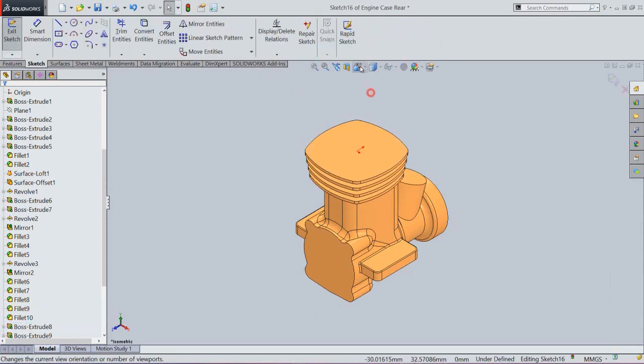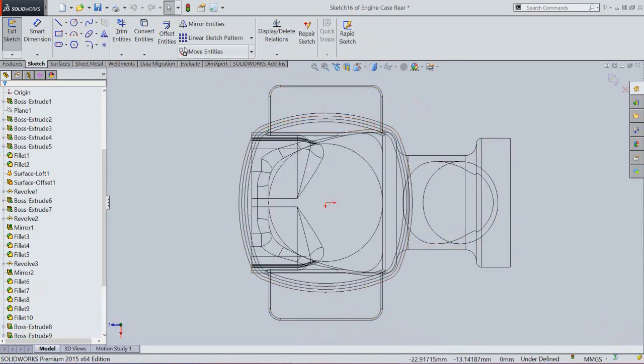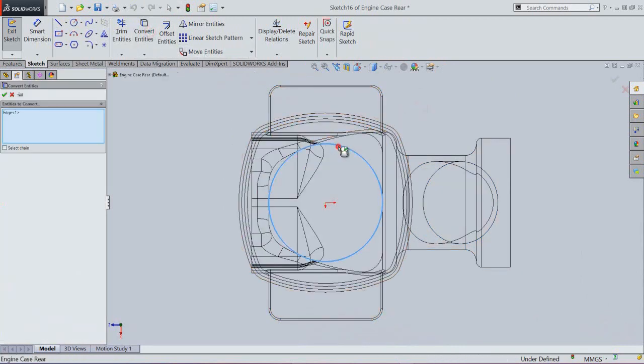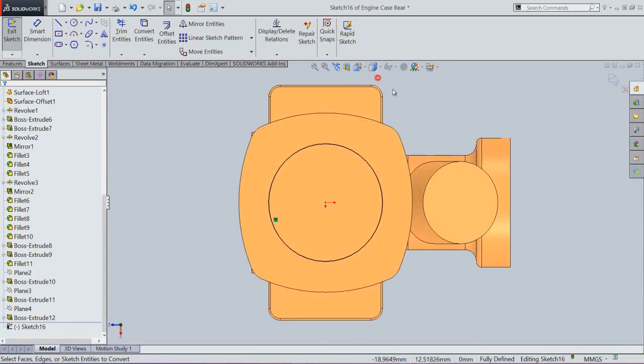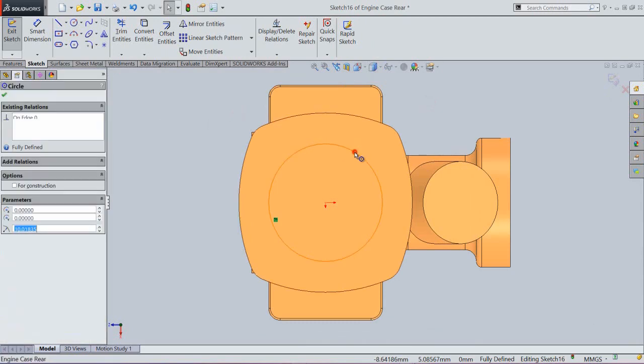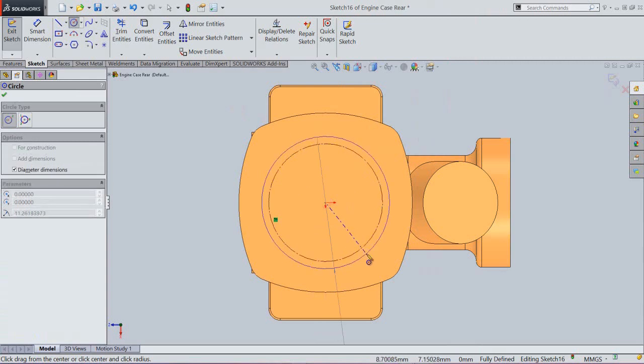Select this face to create a new sketch. Go to the wireframe mode and take the project of this circular edge and convert it to reference geometry. Now we will create another circle.